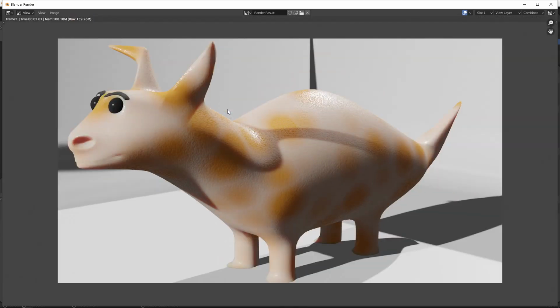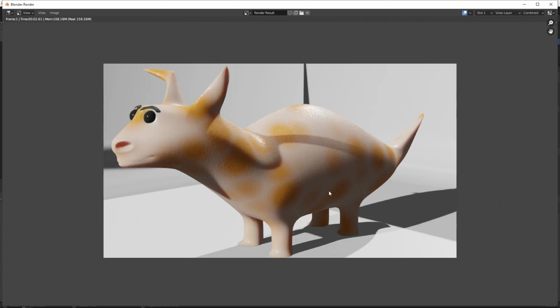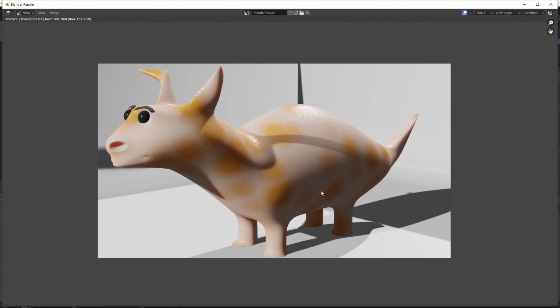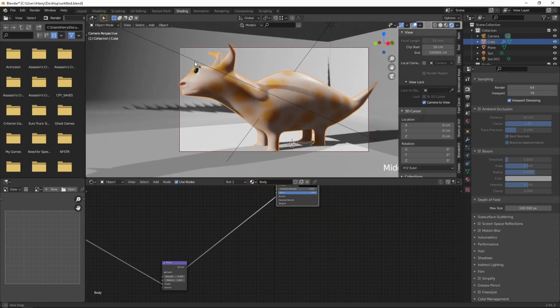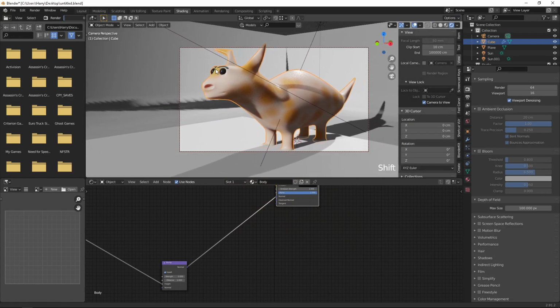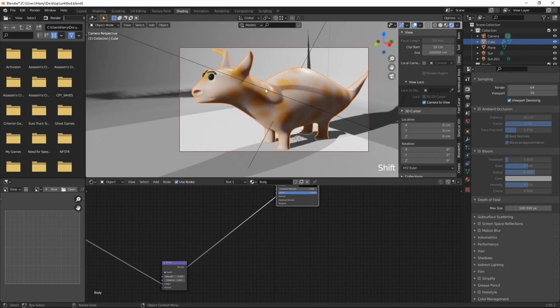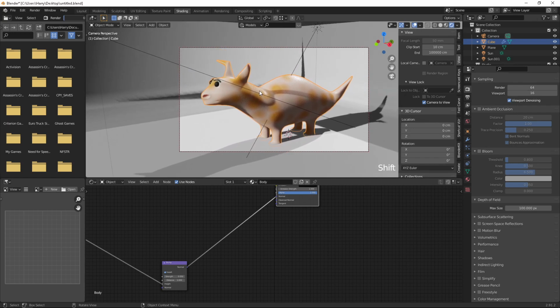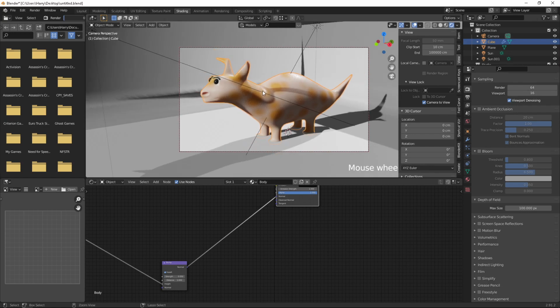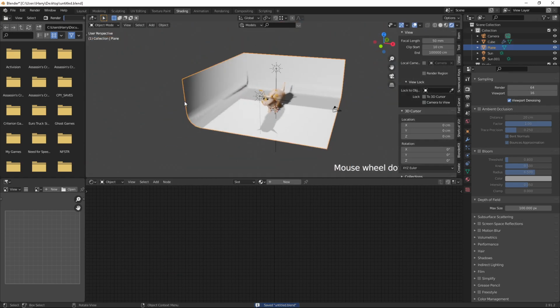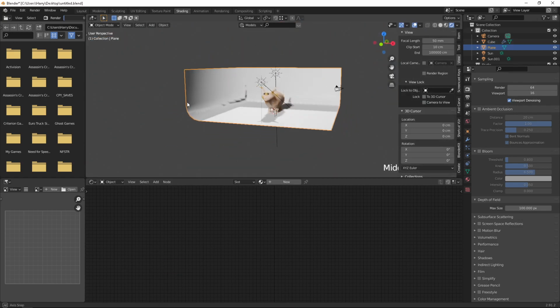So let me see. Yeah, it looks fine, but you can see that the background shadows look totally different. Okay, what I'm going to do for that is, now this angle is good, and we are going to do some more coloring for this, adding some vertex paint options. Okay, I will guide you how to do that. But before that, let me fix this dark shadow.